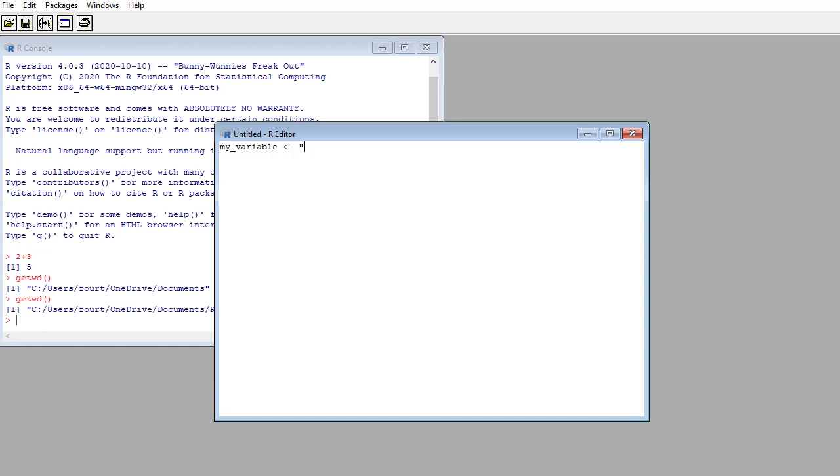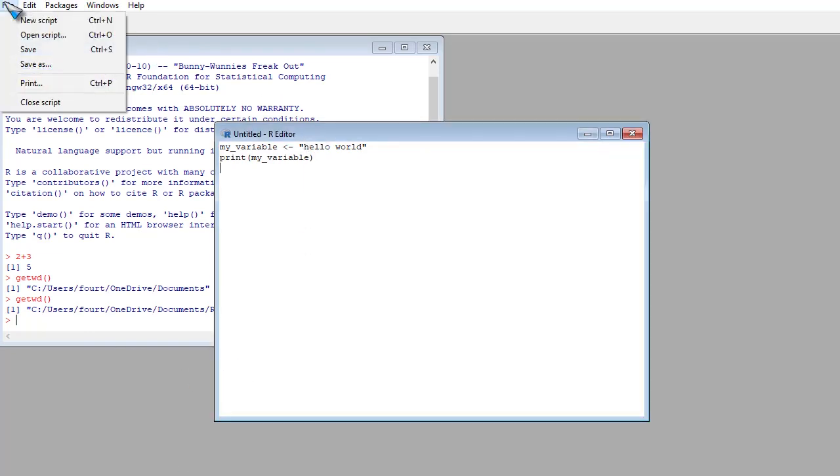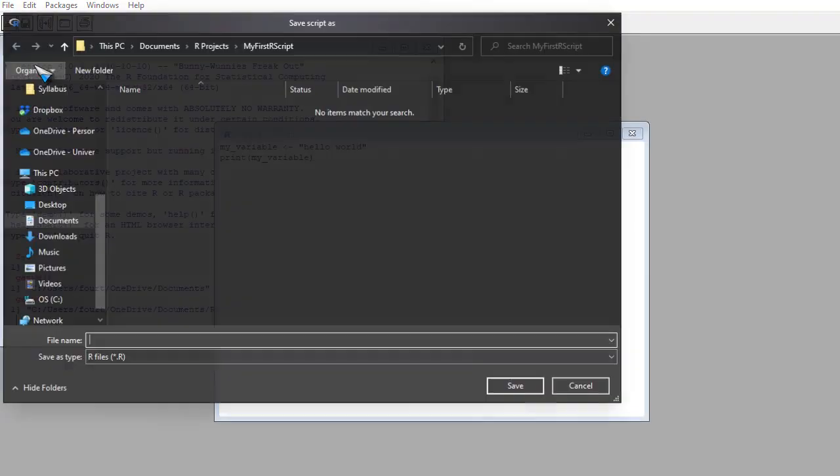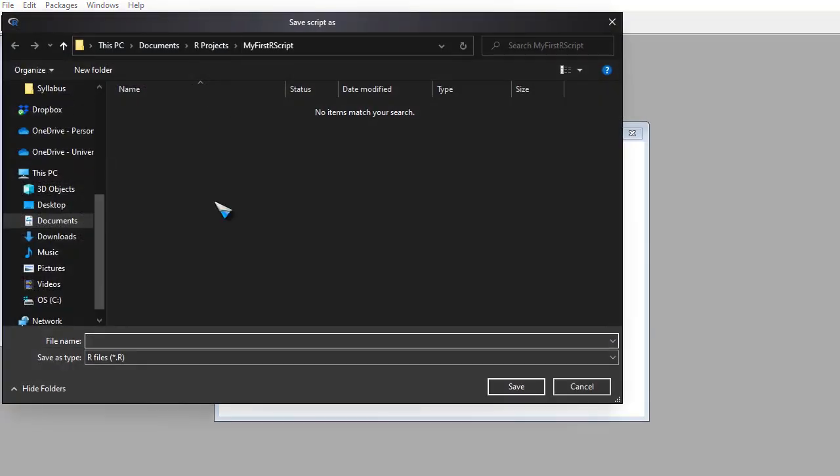I am assigning to my variable Hello World, and then I want to print what is in my variable. Now at this point, I could save this script. Let me go ahead and save it and make sure that I'm in the correct directory. You can see here I'm in My First R Script, so I am. I'm going to call this Hello World,